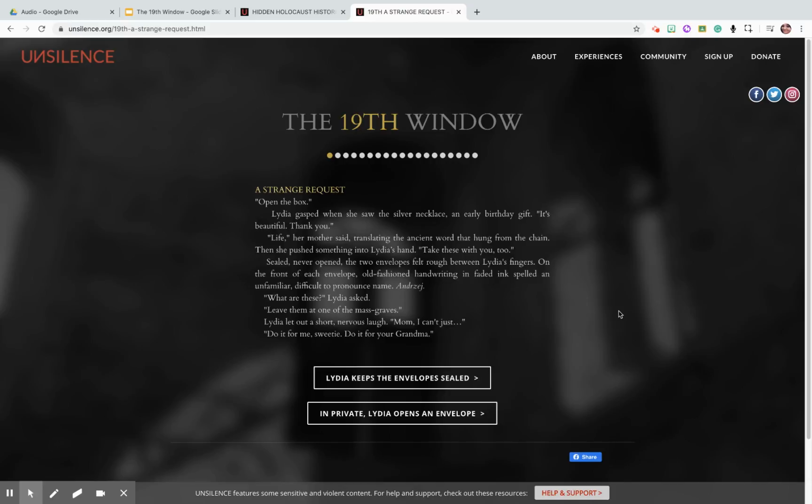So basically, the story is set more in modern times. The main character's name is Lydia, and she is the granddaughter of a survivor of the Holocaust. She's never met her grandmother. We'll find out why as the story progresses, but we don't know exactly why when the story begins. She's a young girl, about 18 years old, and for a gift, she's going to be going to Poland. And there's a little bit of resistance. She doesn't necessarily want to go, but she's going to be having the opportunity to visit the various camps that existed during the time of World War II.